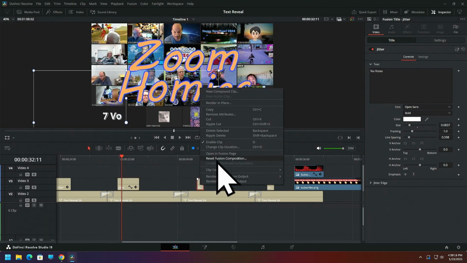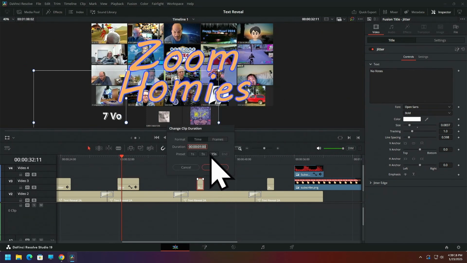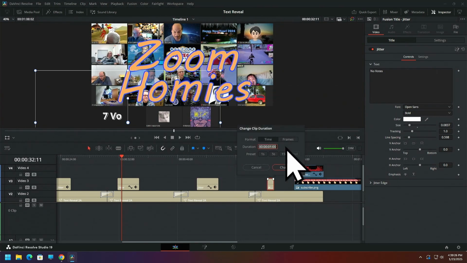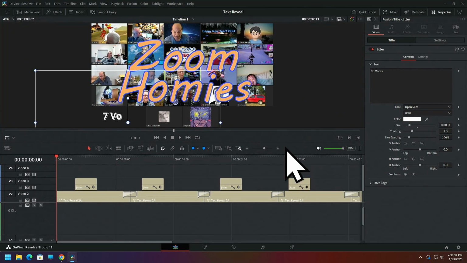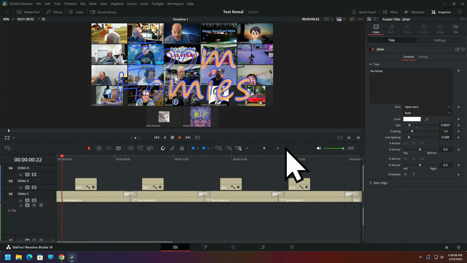Whatever you're comfortable doing, that's what I would suggest you do. I just find this to be the most easiest way. Right click, change the duration, arrow over, delete 3, enter, and it's done. So now we go back home, space,